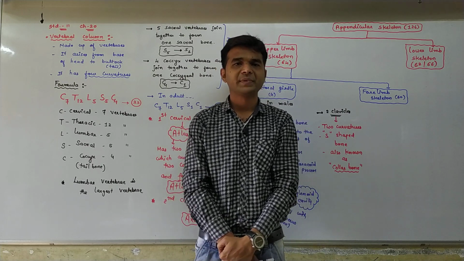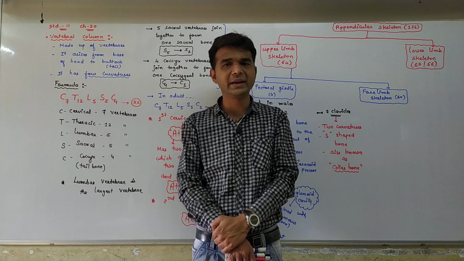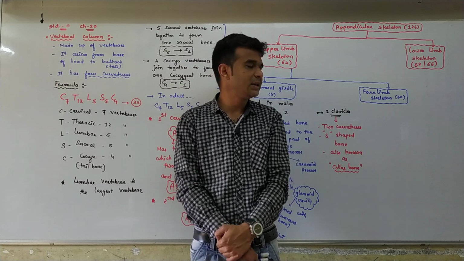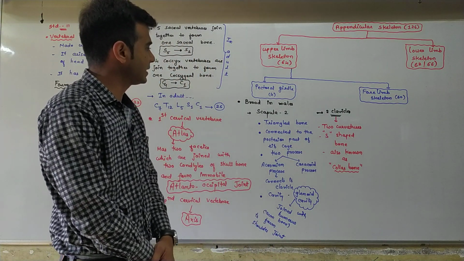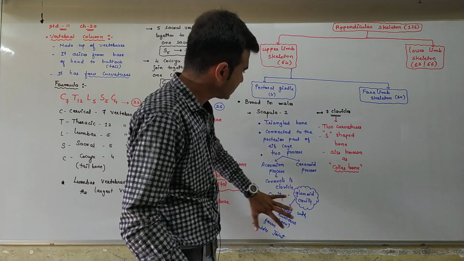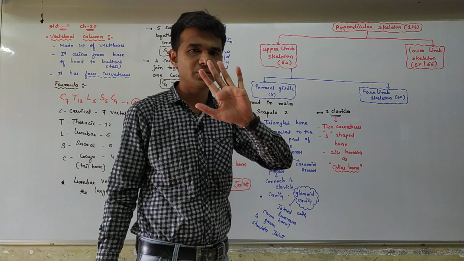So actually the shoulder girdle is useful for the movement like this. Fine. So this type of movements are due to the scapula as well as the clavicle. So we have two clavicles and two scapulae, and each and every detailed information of this. So the pectoral girdle is over.